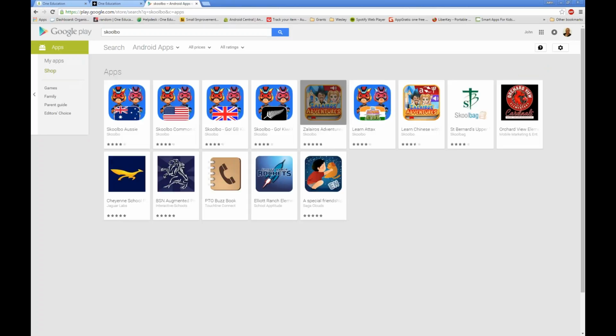So let's go. Here we go. If you actually type Skoolbo as the search, you'll get Zalarius Adventures there. So I just typed Skoolbo on Google Play. Now this is something I want you to realize. On Google Play, do you know you can push apps to your devices? So say, for example, I want to download another app, Learn Chinese with Zalarius Adventures.